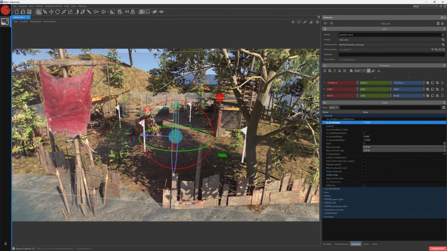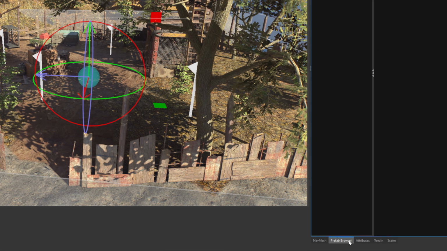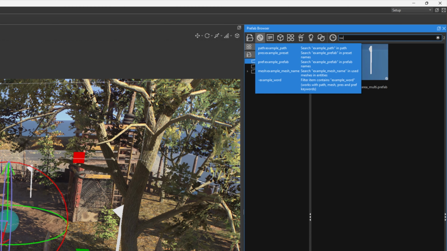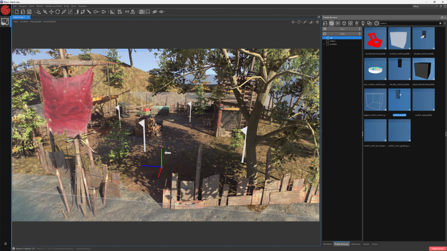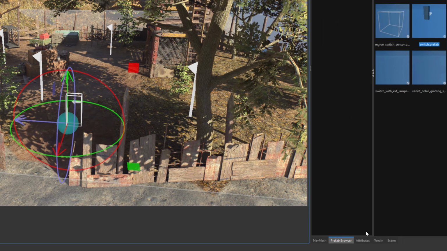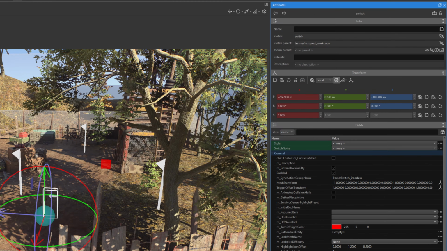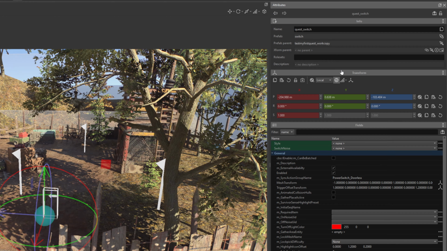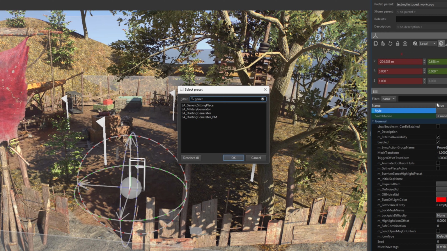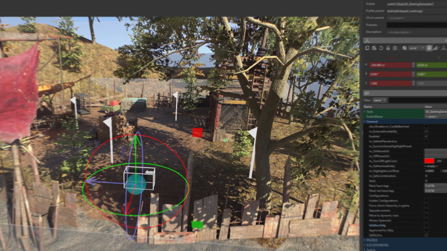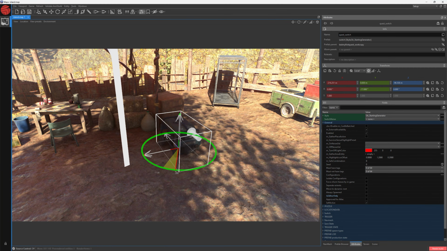Alright, our prefabs and spawners for the second stage of the quest are ready. Now we need to account for the switch and exploding cage in the third part of our objective. Open the prefab browser, look for switch, and then pick the switch prefab. Place it on the map. Choose the select tool, go to attributes, and rename it to Quest Switch. Click the three dots for style, write generator, and pick SA starting generator. Click OK. Move our generator to the location of our choice.